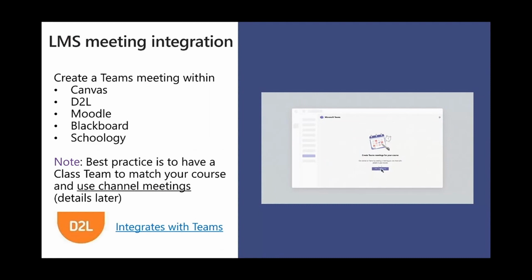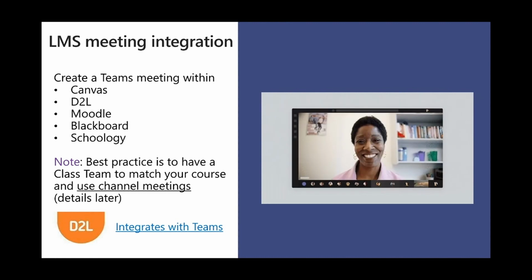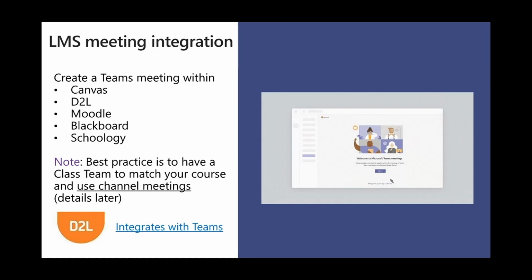That leads us to probably the most popular form of integration we currently have between our LMSs and Teams. That's one reason I wanted to bring collaboration, and also meetings, to the forefront of your mind right now.